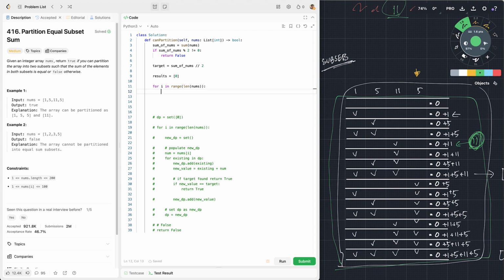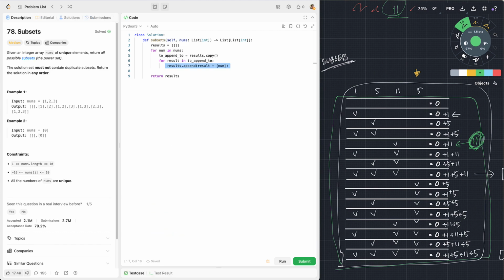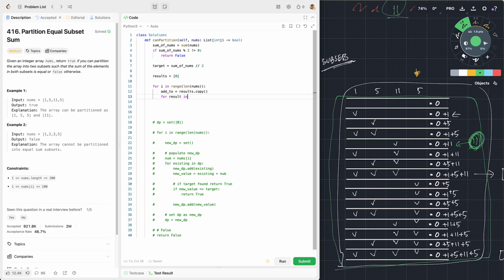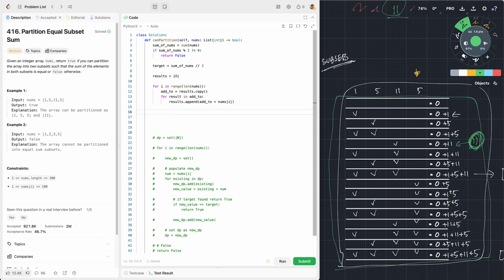You'd say add to results copy, and then for result in, or what do I call it here? For result in add to, then to result we're going to append add to and nums at i, right? So at the end of this one,